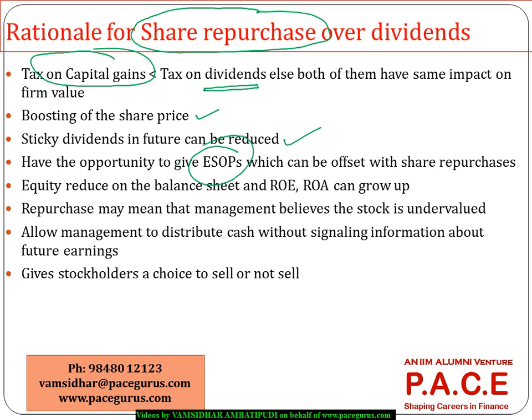While it is ready to issue new shares in the form of employee stock options, it is buying back some of the existing shares using the share repurchase mechanism with the excess cash which it has, trying to balance the EPS as well as the overall market price per share. And because the equity is going down, various other ratios which are an indication of the performance effectiveness of the company, in terms of return on equity and return on assets, all those will typically go up. That's even a benefit from one of the dimensions.